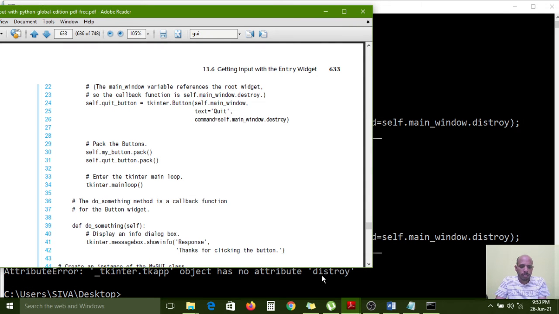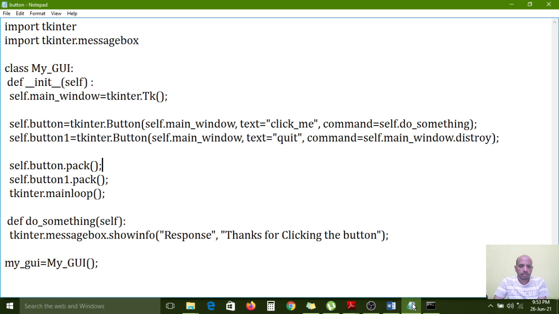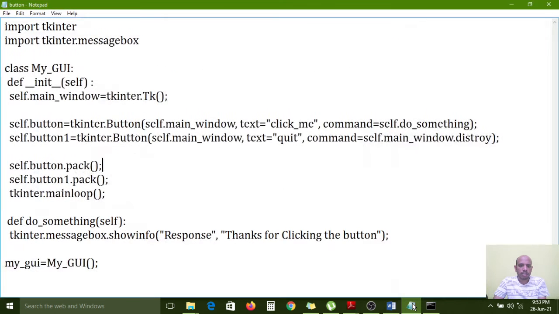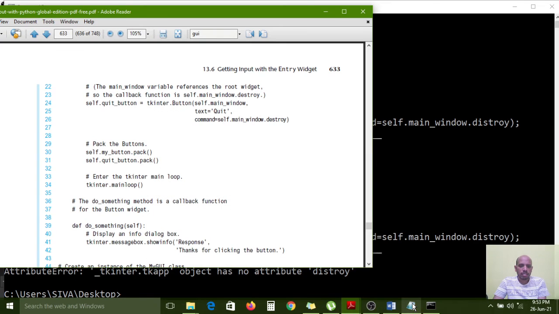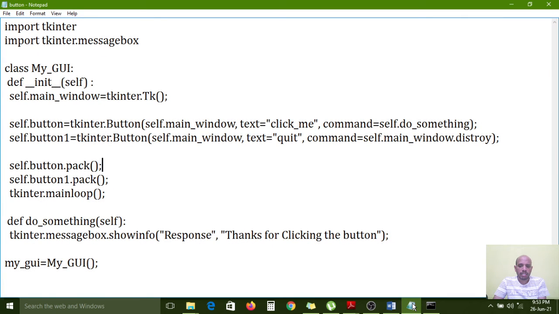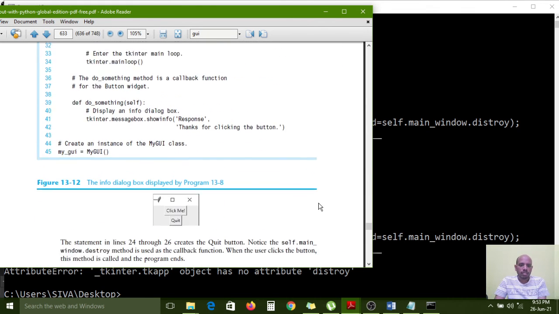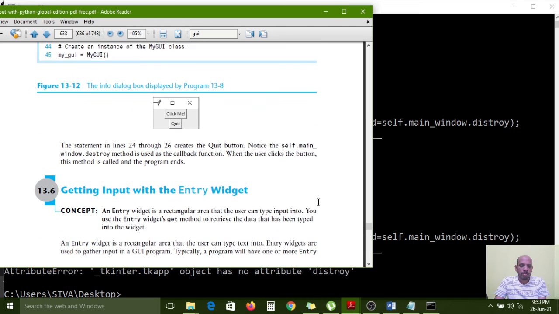Main loop, response is clicking me, self.main_window. tkinter.Button self.main_window, comma, text quit, comma, command self.main_window.destroy.